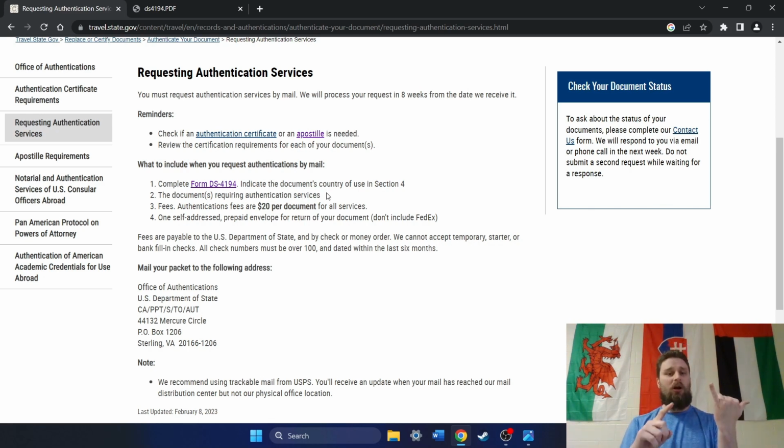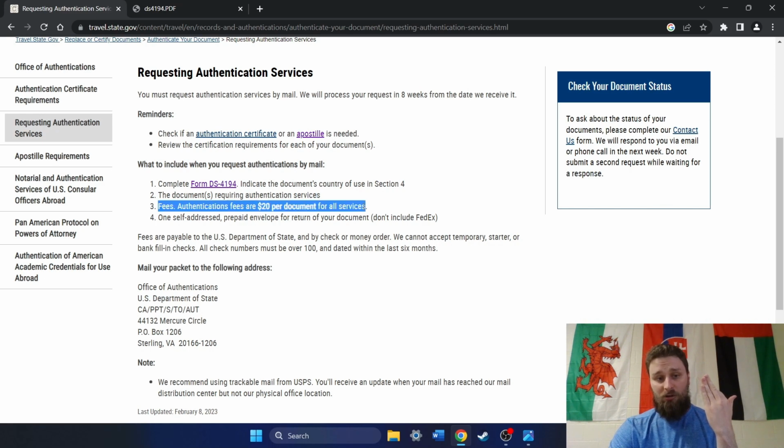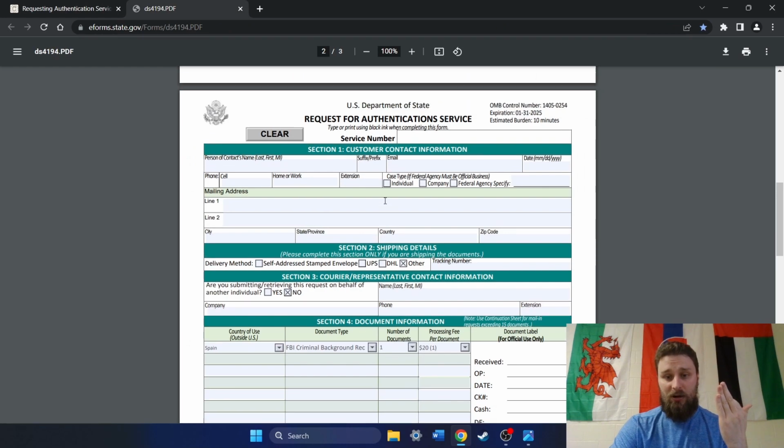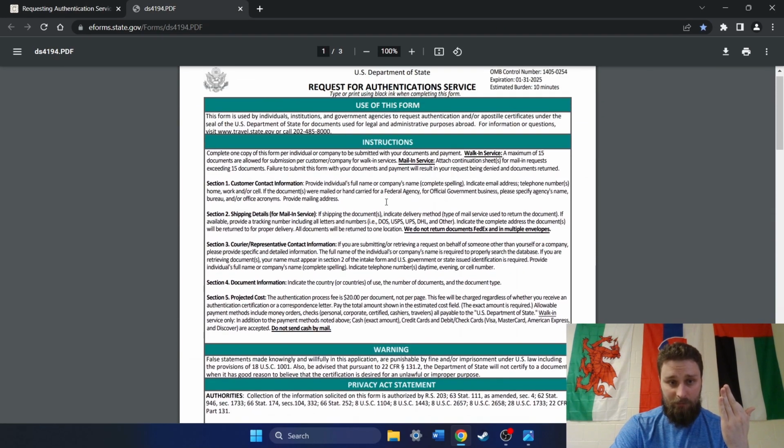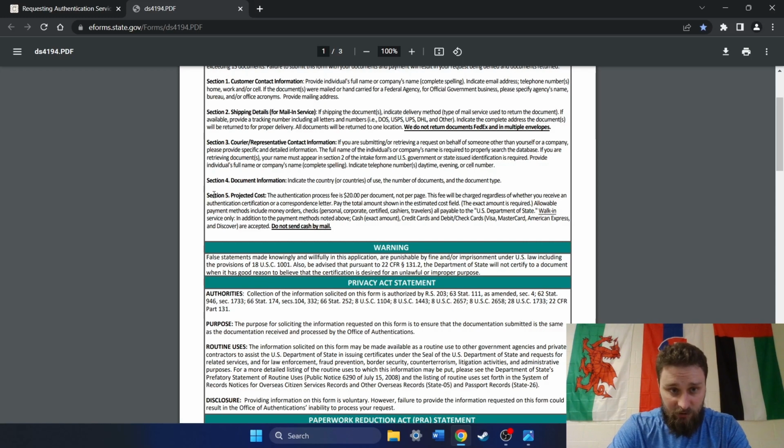So 2 things so far. The form 4194 that we just walked through, and a hard copy of your FBI background check. Okay, number 3, you've got to have a check for $20, made to the State Department, and it talks about that here in the form. Okay, if we go back up, it says here in section 5, projected cost. It says the authentication process is $20 per document. I think it used to be $8, and some people have had questions about that, but it is $20, okay,